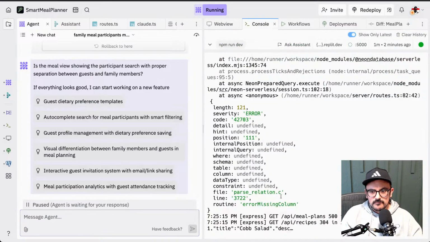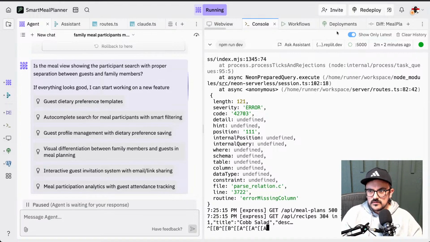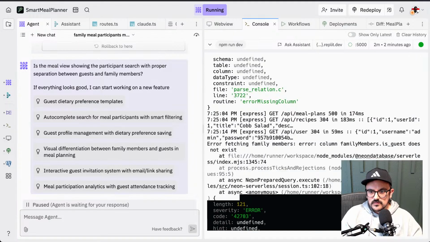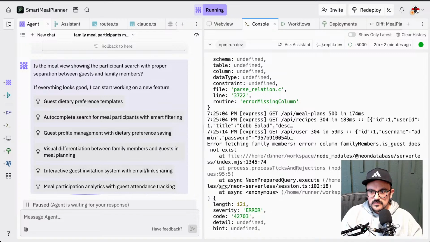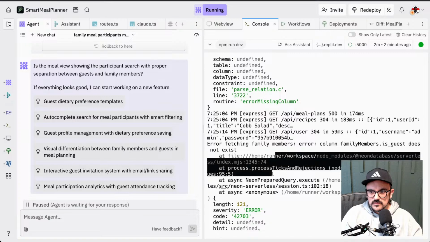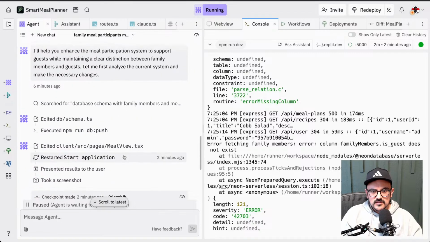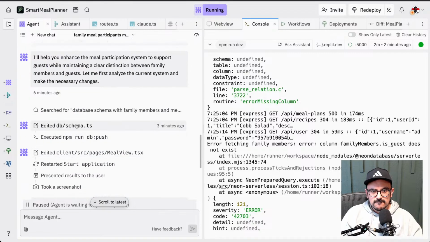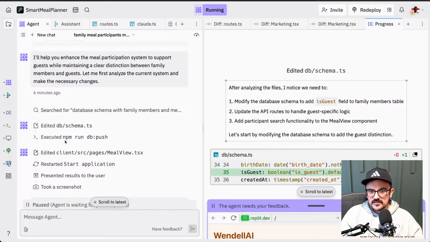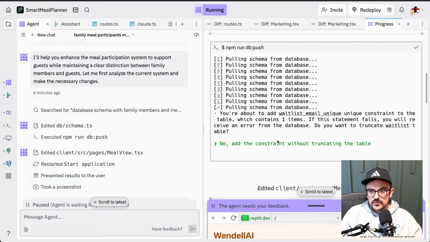So it's a missing column. Neon prepare execute. There is a missing column. Why can't I scroll here? Oh, here it says that it does not exist. So let me check one thing. The schema is edited, and the npm run db push